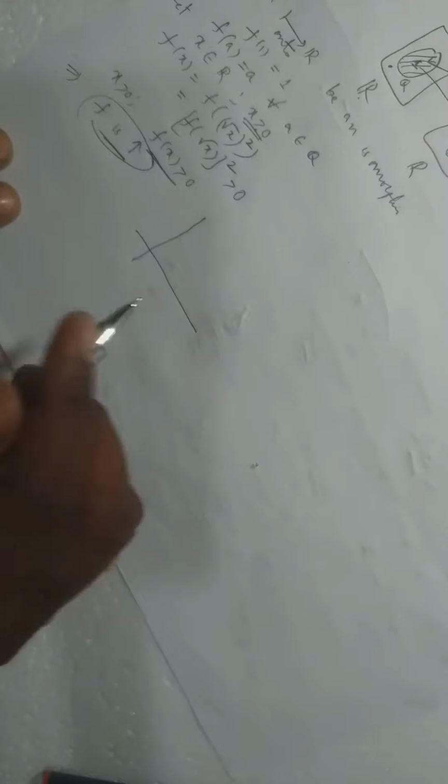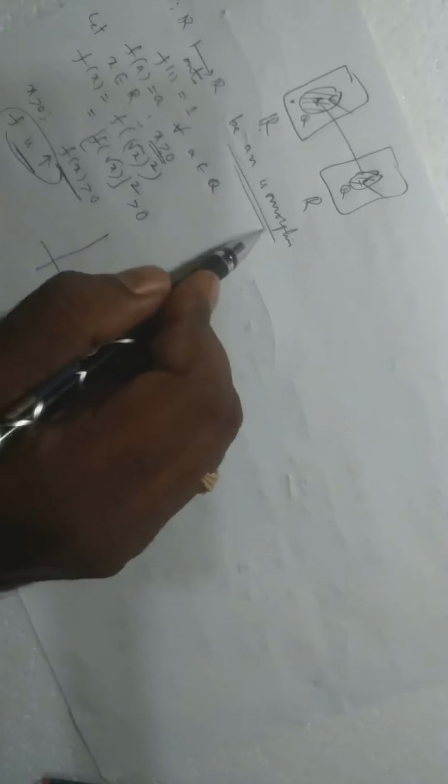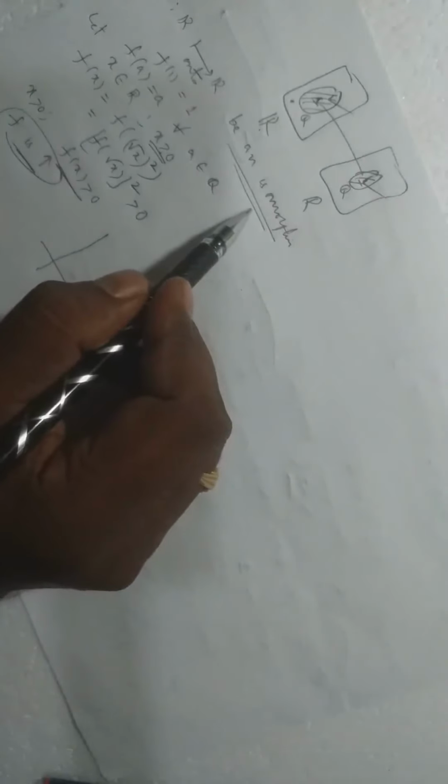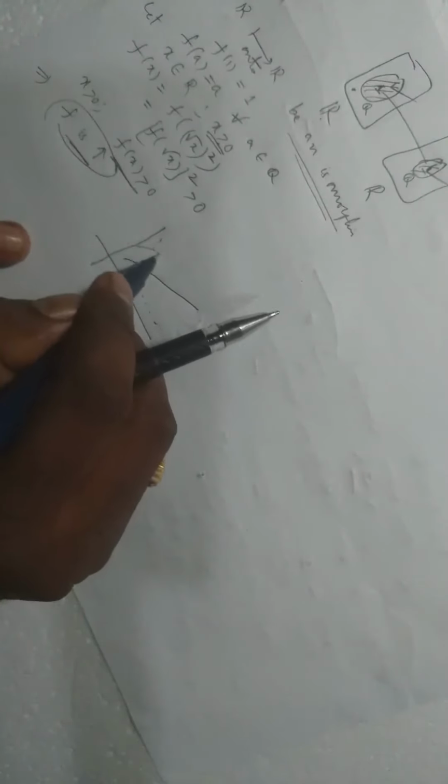You should ask me the question: why is f increasing? Since it is onto and it's an isomorphism, it means it is 1-1. Once it is 1-1, it can take only one value at a time. So either it can go in this way or else it can come in this way. It cannot jumble here and there.